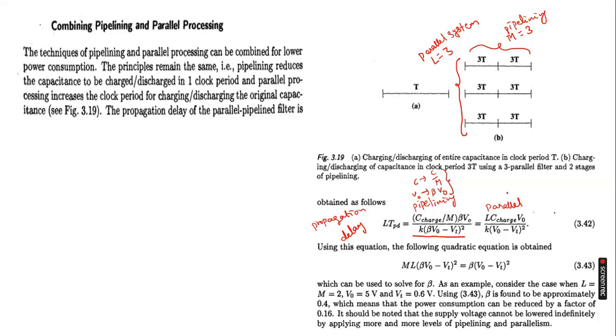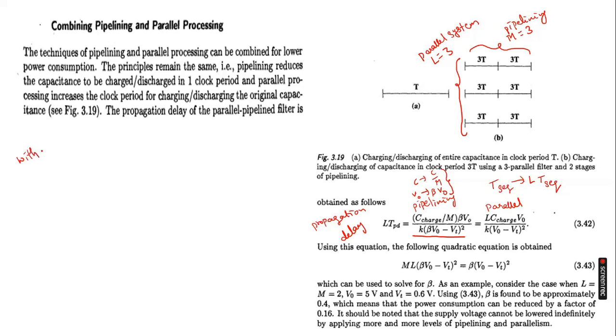And in parallel processing, what is the thing? In parallel processing, what will happen? This T sequence is changing to L into T sequence. And if you equate, what is happening? If you equate with and without,